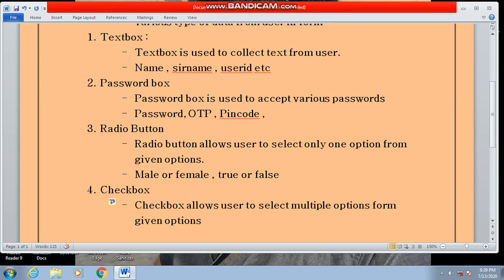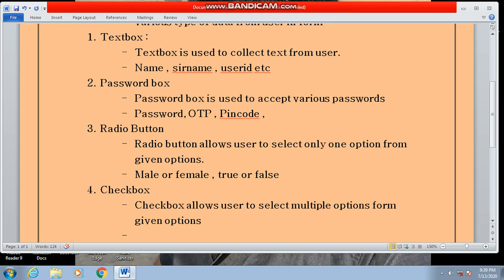Just study the statements of radio button and checkbox and you will find the difference between these two input fields. A radio button is used when the user is allowed to select only one option, and a checkbox is used when the user is allowed to select multiple options.